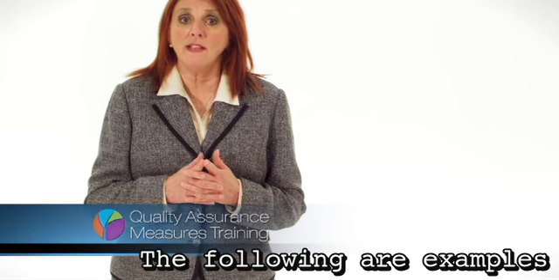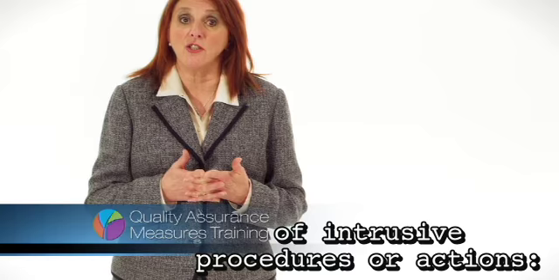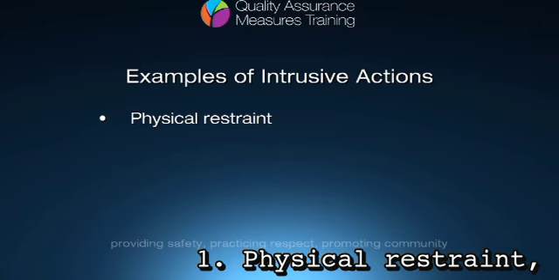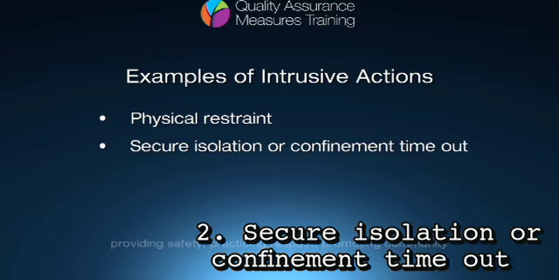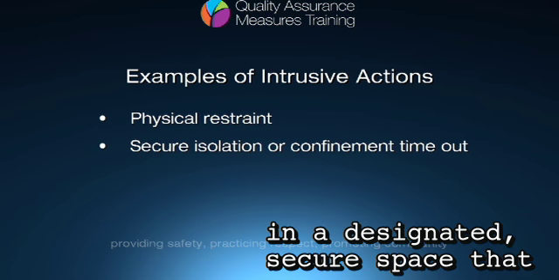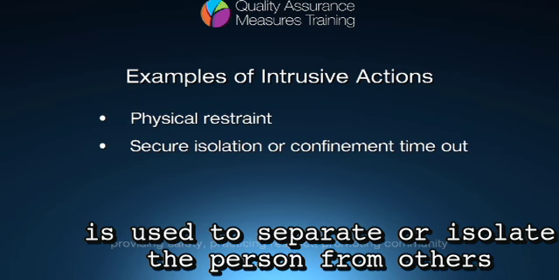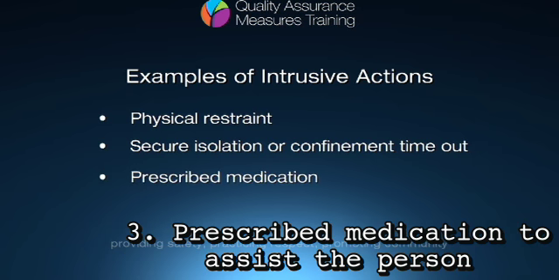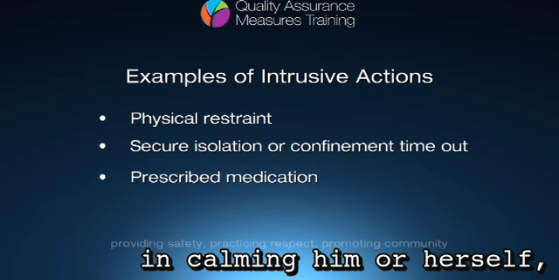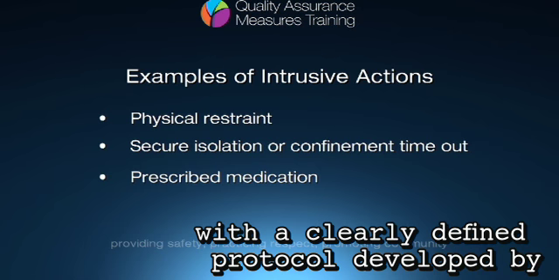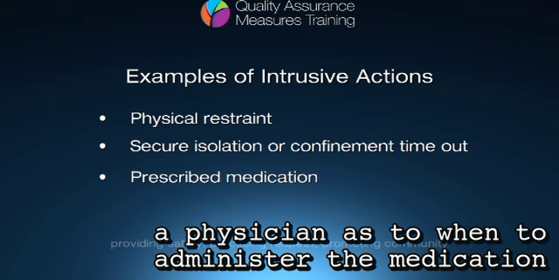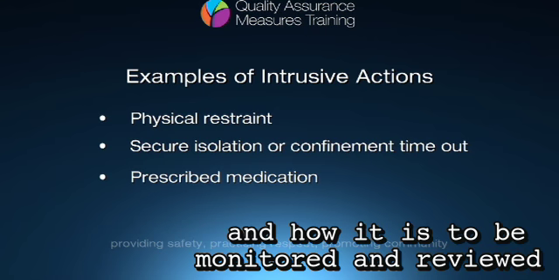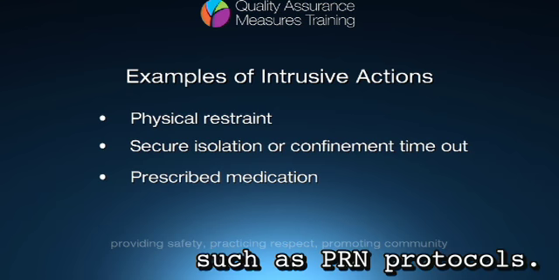The following are examples of intrusive procedures or actions. 1. Physical restraint. 2. Secure isolation or confinement timeout in a designated secure space that is used to separate or isolate the person from others and which the person is not voluntarily able to leave. 3. Prescribed medication to assist the person in calming him or herself with a clearly defined protocol developed by a physician as to when to administer the medication and how it is to be monitored and reviewed, such as PRN